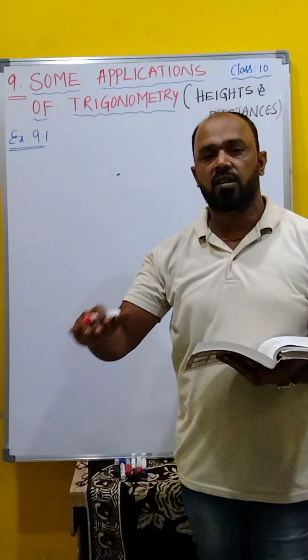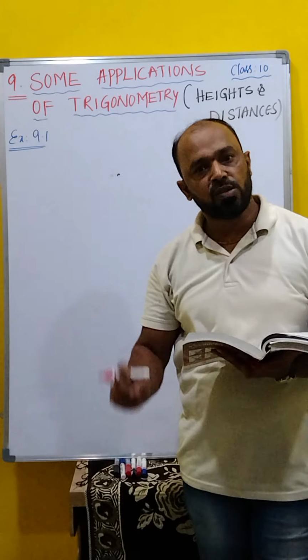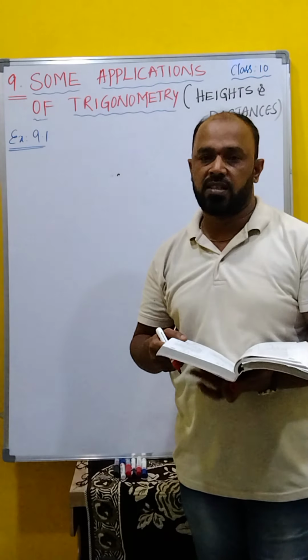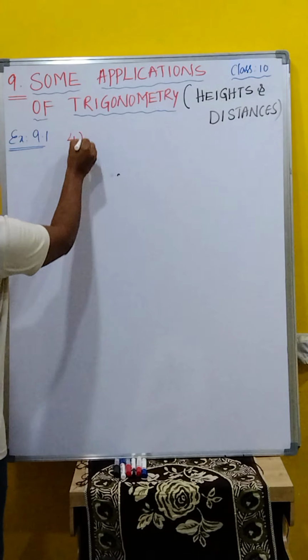Horizontal distance is given. That means the adjacent side of the angle is given and the angle is also given. What we have to find? Height. It's a very simple question here. First, what is the main thing in this? Draw the figure. We have to draw the figure properly, then you solve it. Clear, children? That is question number 4.